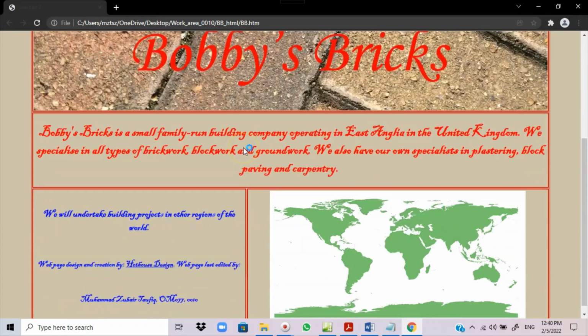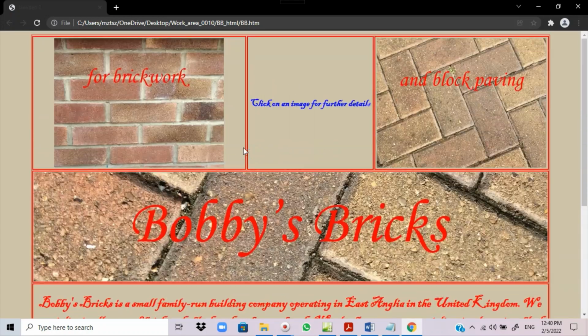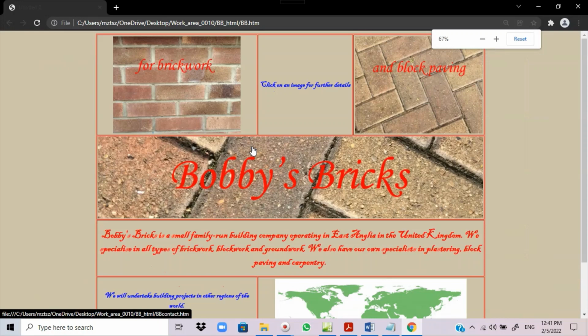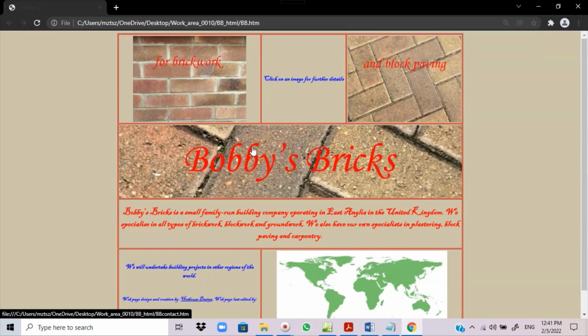I need to scroll up and down in order to see. So what I need to do, just press the control key. Press the control key from the keyboard and roll the mouse scroll wheel down. Okay, what you need to do again, press